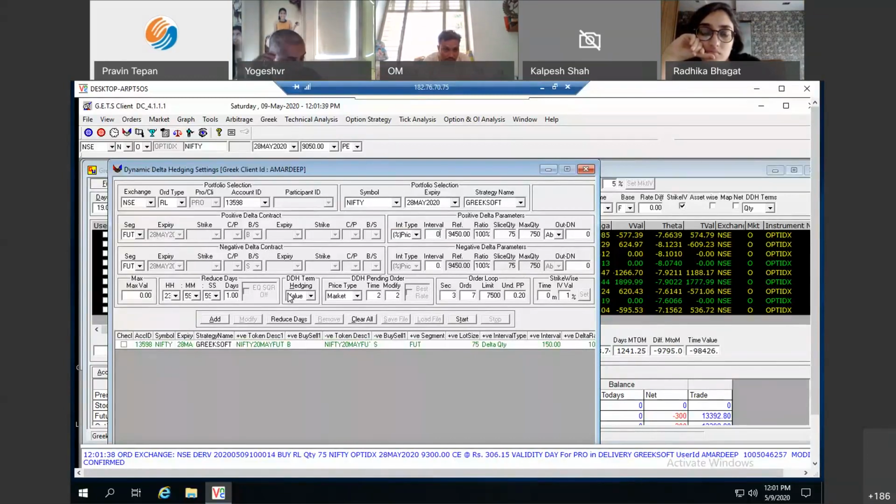So that can be done. The dynamic delta hedging screen would help you hedge your delta on a real time basis. Initially, you were able to hedge the static delta on our Alt S and Alt Q screen, but after that, when the market moves up or down, you can dynamically hedge your delta with the help of the DDH screen.